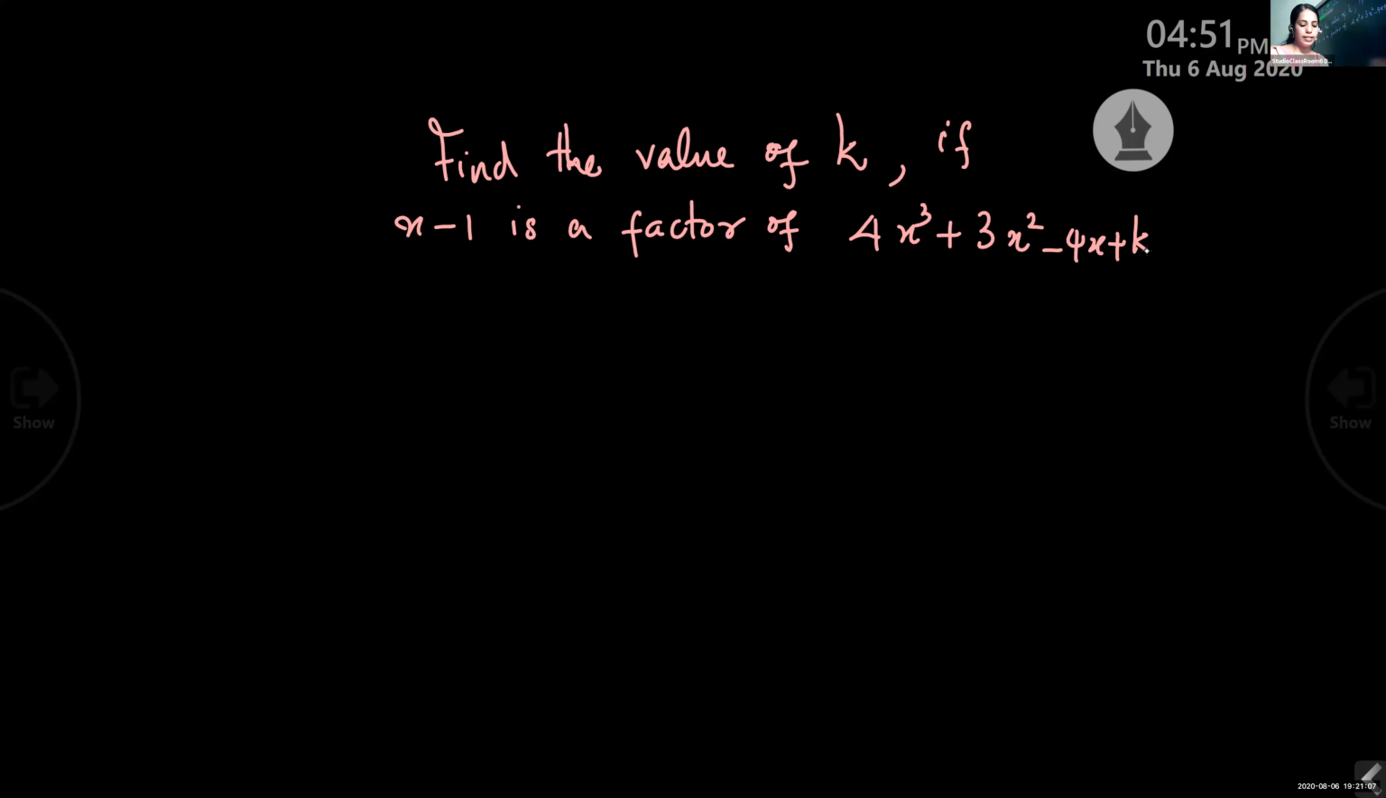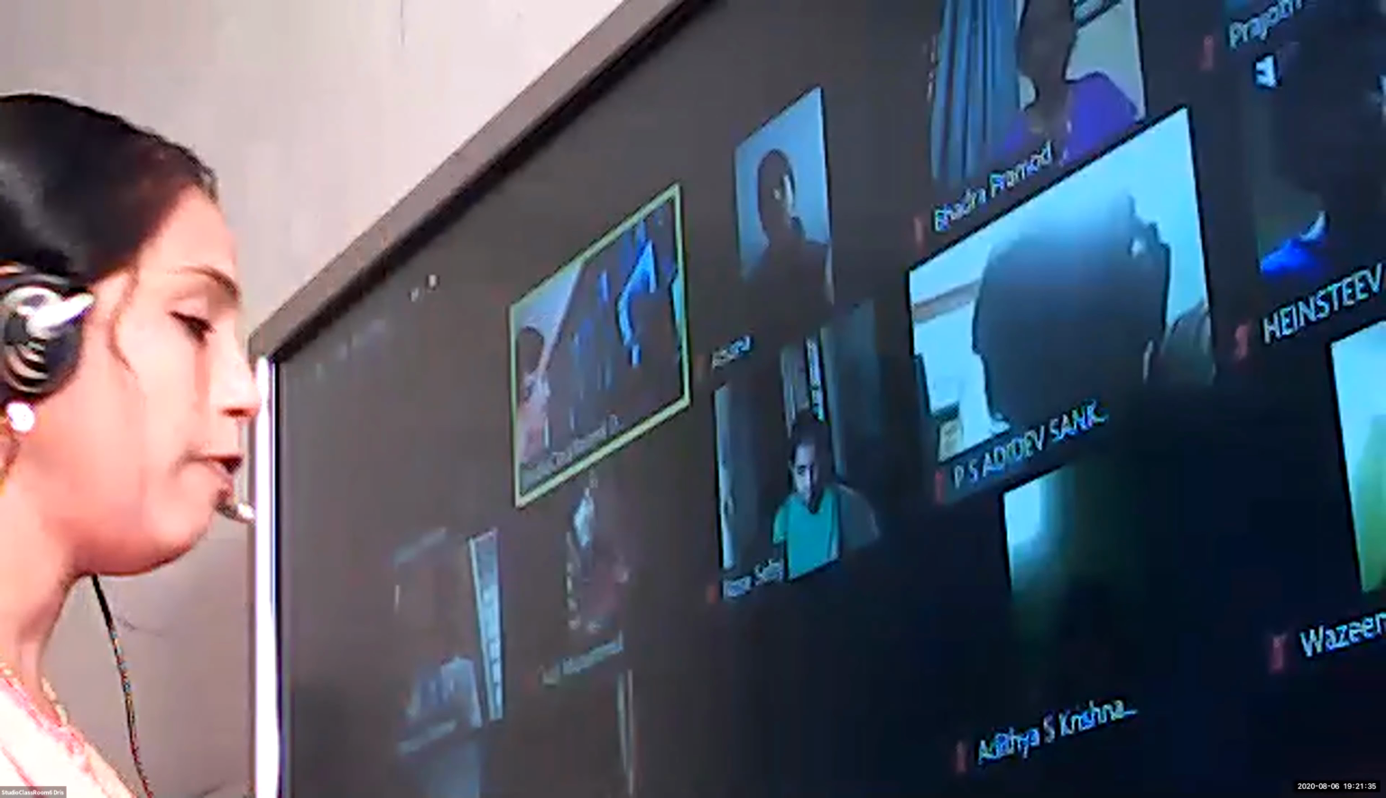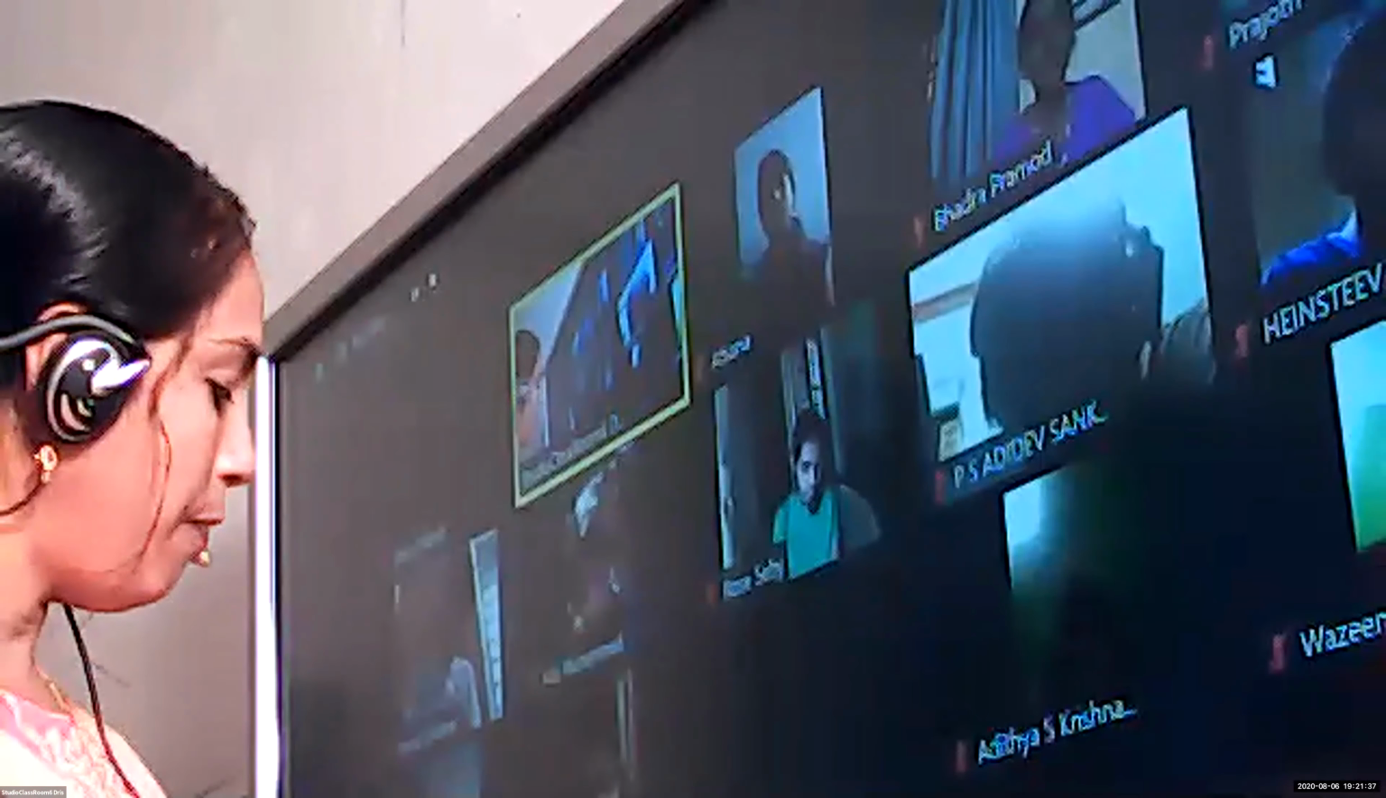Children, did you understand this question? We have done these questions as in other zero of a polynomial. Same thing, but it is given that x minus 1 is a factor. Then how will you find the zero of the polynomial? What do you mean by x minus 1 is a factor? When you substitute x by positive 1, P of positive 1. So your first step is,